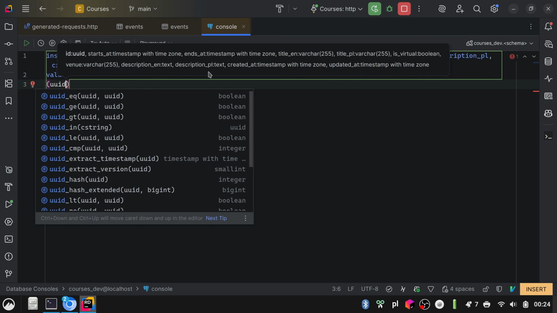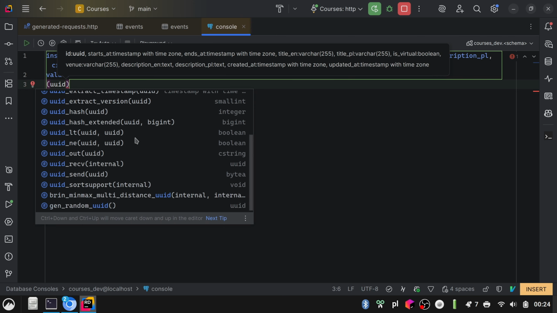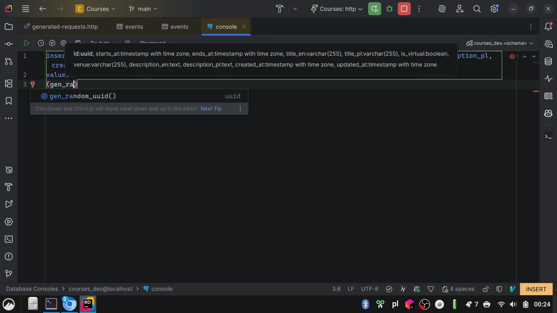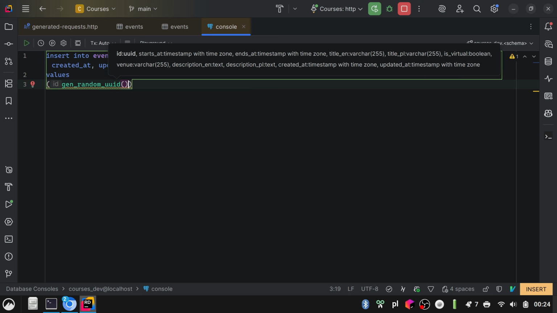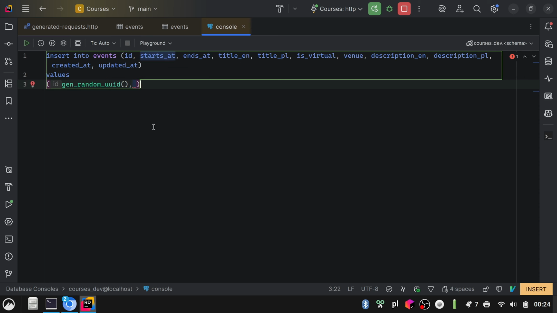Okay. Do I have something to generate a UID? No. I'm just going to use gen random UID. This is going to be UID v4, but it's going to be good for now. It starts at, yeah, I'm just going to insert some date in the future. Let's say it's going to be December the 1st, 09:00:00 UTC, and then ends at is going to be 2025 12 01